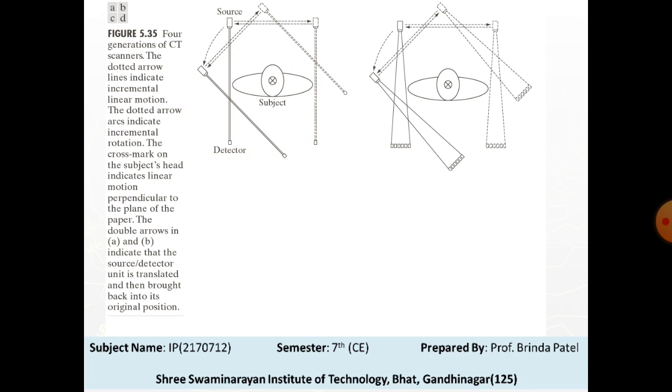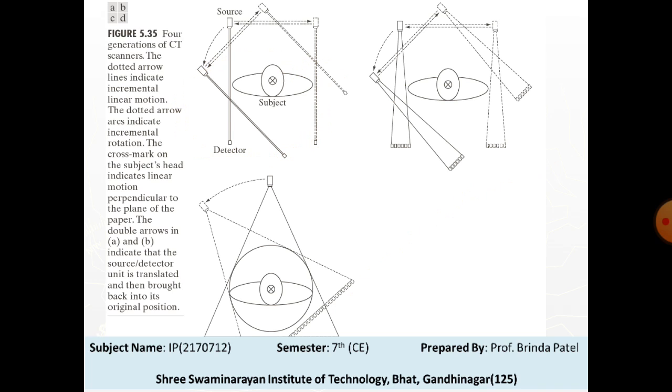So it is the output of the detector at each increment of the translator. After a complete linear translation, the source or detector assembly is rotated and the procedure is repeated to generate another projection at a different angle. The procedure is repeated for all desired angles in the range 0 degrees to 180 degrees to generate a complete set of projections, from which one image is generated by back projection.